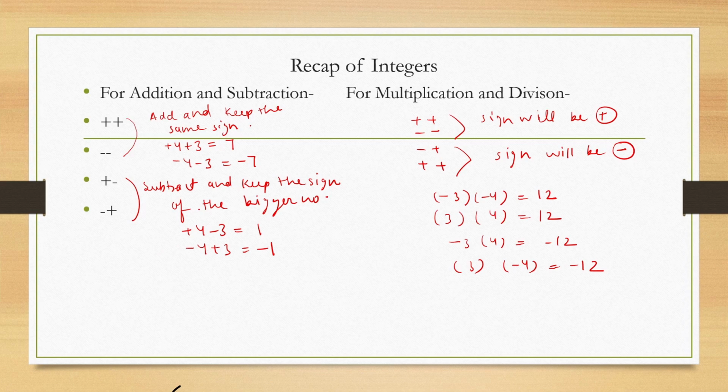Okay, so for the division here, suppose I have 12 upon 3, plus plus, both the numerator and denominator are plus plus, so the value will be 4, positive 4. So suppose I have minus 12 upon minus 3, these both are negative, so these minus signs will be cancelled and the answer will be 4. And in this way minus 12 upon 3, the value will be minus 4, and 12 upon minus 3, again the value will be minus 4.